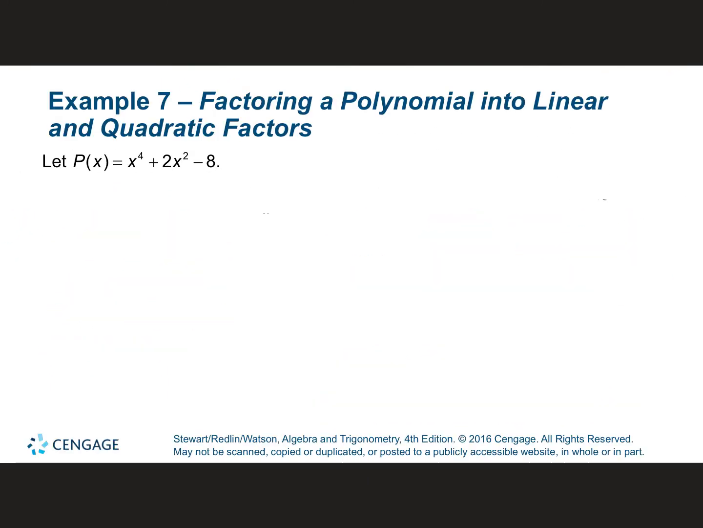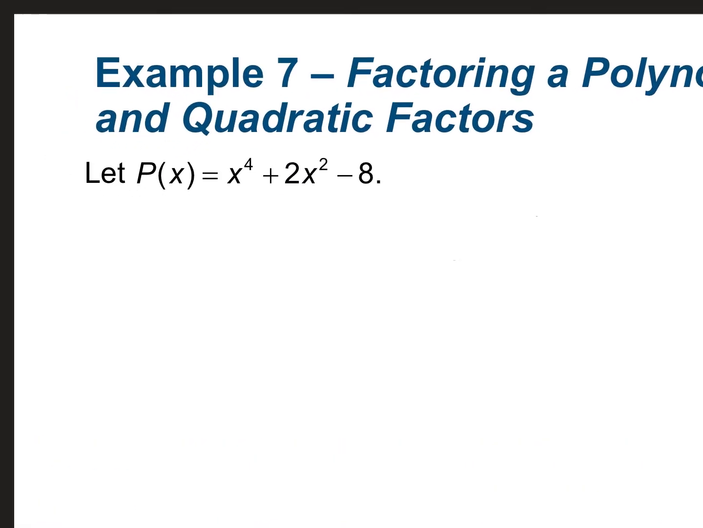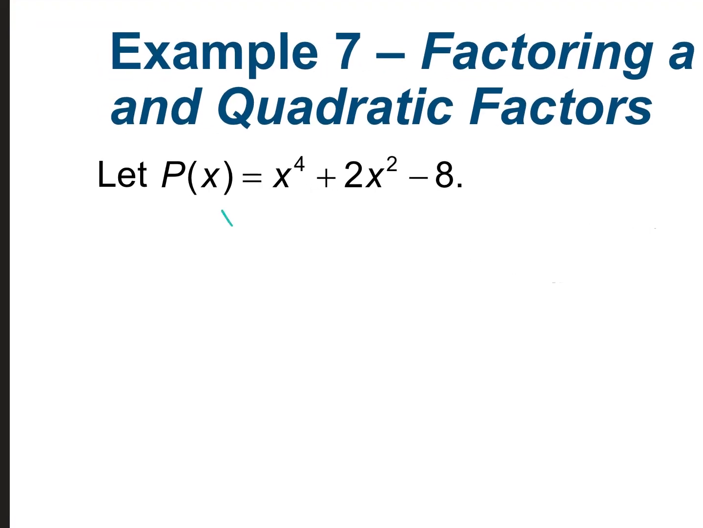For our next example, we have p of x is equal to x to the 4th power plus 2x squared minus 8. So we're actually going to be solving this one. We're going to find the zeros. So we're going to take x to the 4th power plus 2x squared minus 8. We set it equal to 0. And now we're going to factor. Are there factors of negative 8 that add up to be positive 2? Well, you have a positive 4 and a negative 2 that give you a positive 2. So yes. So this is going to factor out to be x squared plus 4 times x squared minus 2